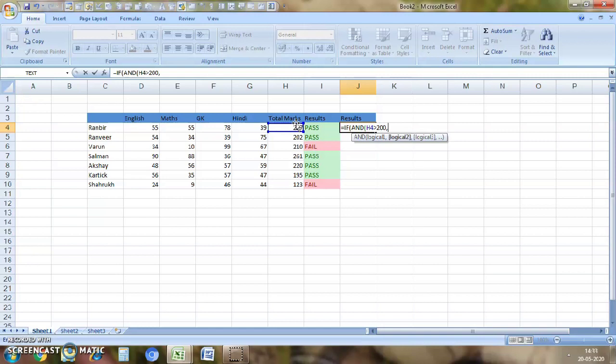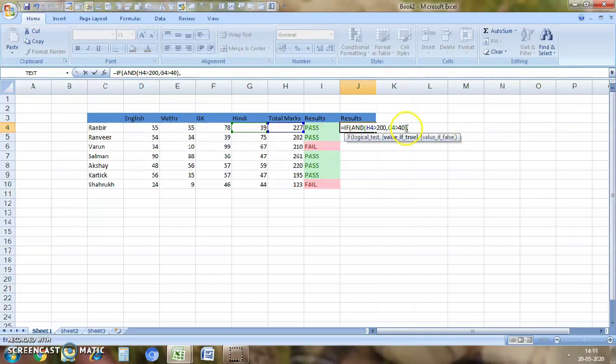And then logical 2 will be that the Hindi marks should be greater than 20. Okay, no, actually not 20, it should be greater than 40. Here my logicals are done, so I'll close the bracket and do comma.